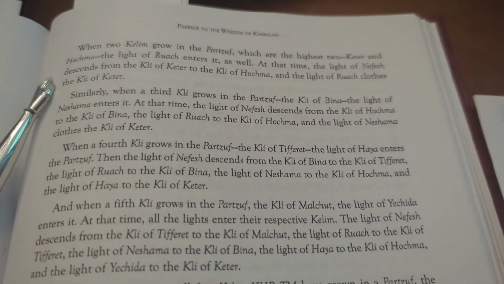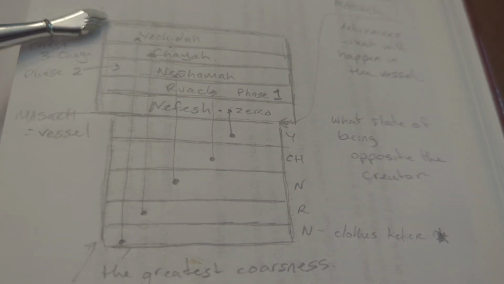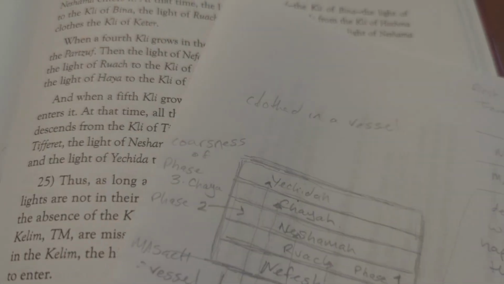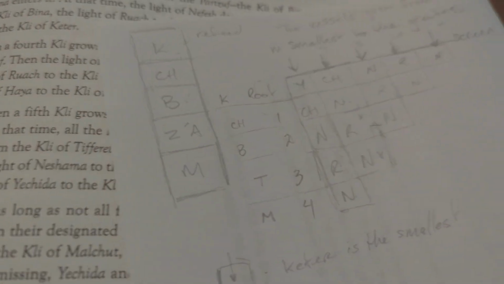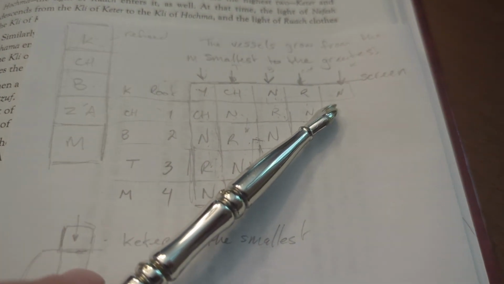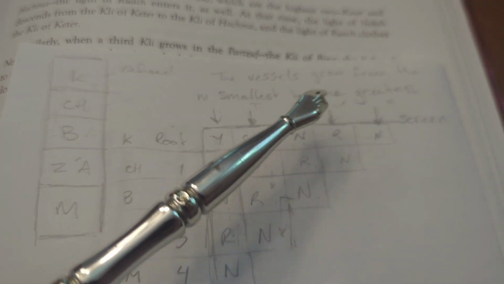So I have another diagram here that's mapped out to help us understand this. You could look at it this way, as Keter and the Hochma being filled, the vessel becoming more complete. This is what it was referring to. But we'll show you this way. So it says here, when the two Kelim grow in the Partzuf, so we have Keter and Hochma,